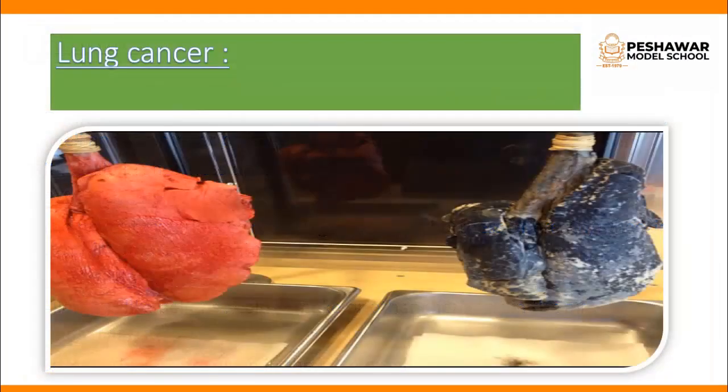Now we are moving towards the last respiratory disorder, which is called lung cancer. Dear students, in front of you we are having a diagram of two types of lungs. On one side we are having a normal lung, whereas on the other side we are having the lung of a cigarette smoker, and we can say that this is the lung which is suffering from cancer. By looking at the diagram, you must have got an idea of how harmful lung cancer is for the patient.